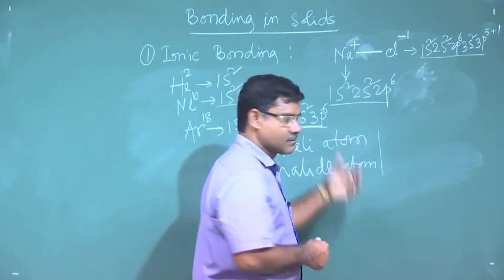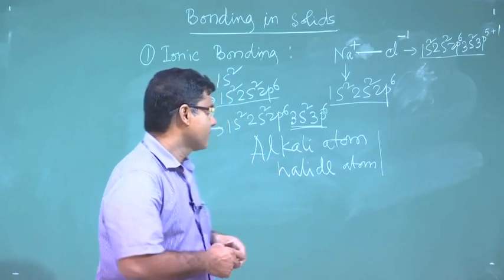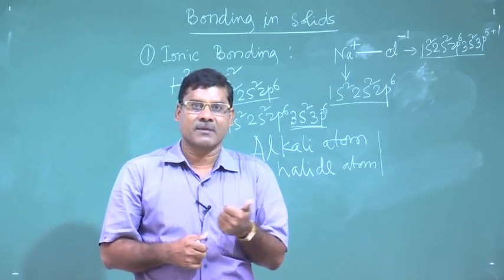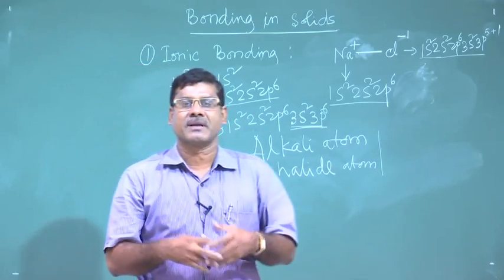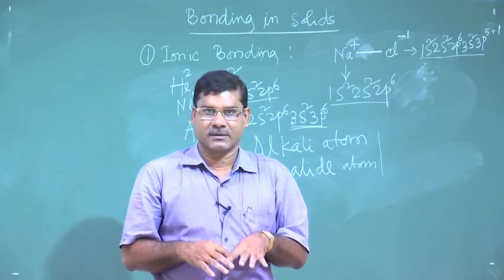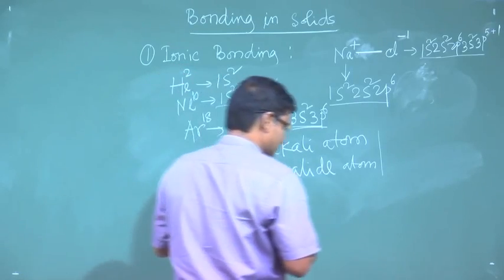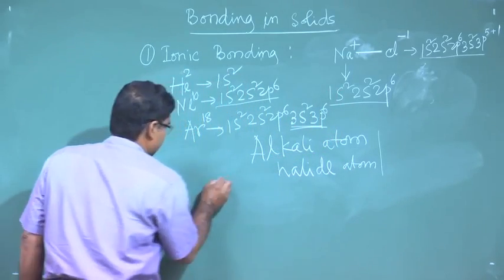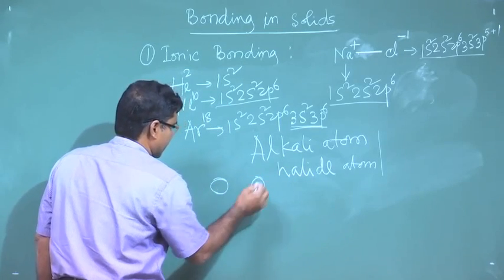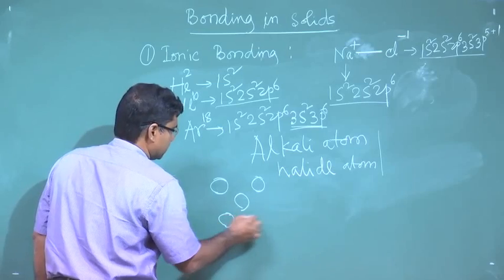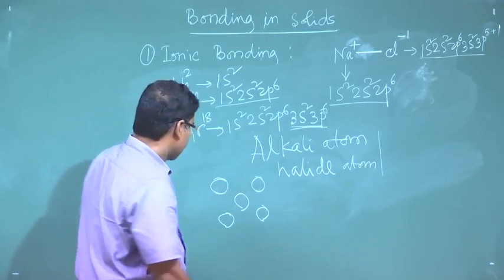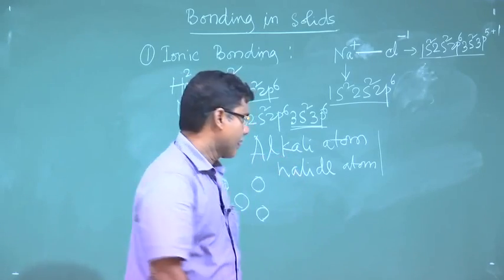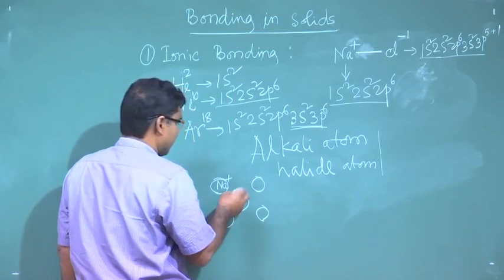So, this is the reason that when there are many atoms, not one sodium atom and one chlorine atom, but many sodium atoms and many chlorine atoms put together, they will form a solid. They will arrange themselves in such a way,